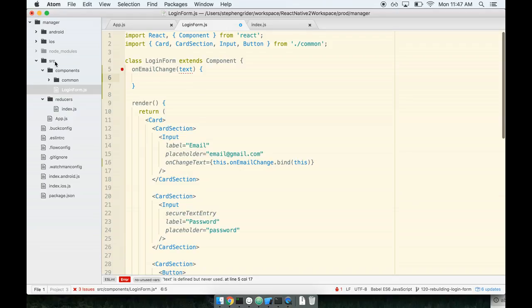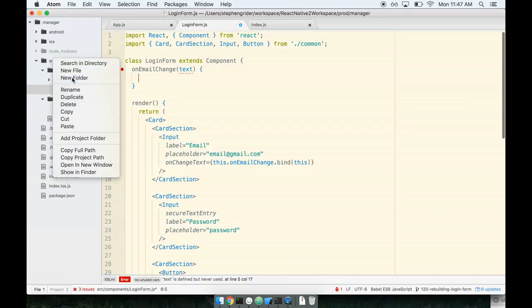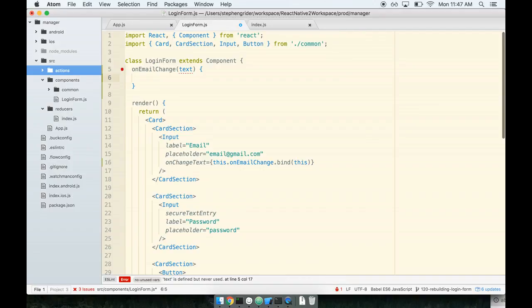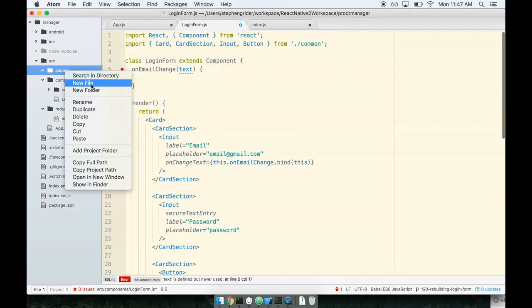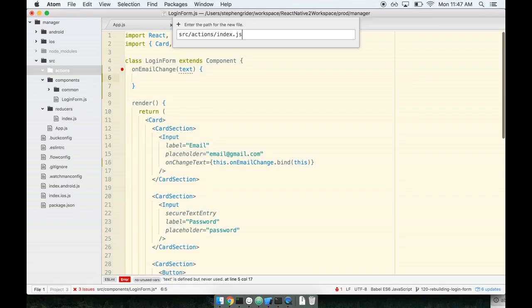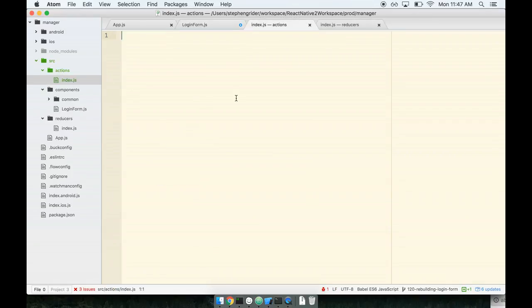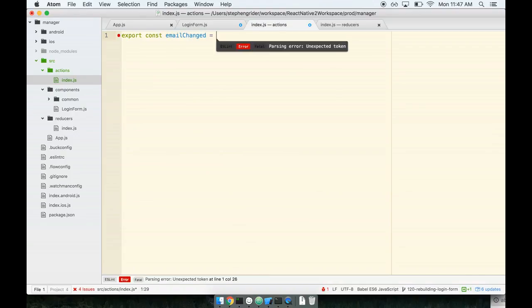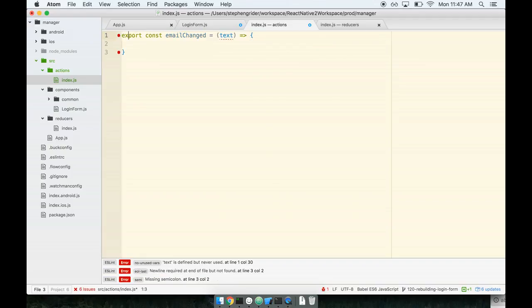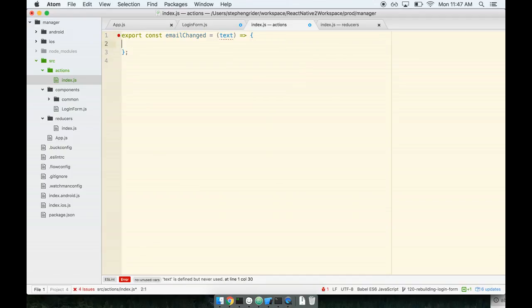We don't have any action creators yet, so we're going to make a new folder for our action creators, and we're going to just kind of scaffold out an action for right now. So inside my source directory, I'm going to make a new folder called actions, and then inside of there we will make a new file called index.js. And then finally inside of this file we'll make a new action creator. So I'll say export const emailChanged. This thing will be called with some amount of text,